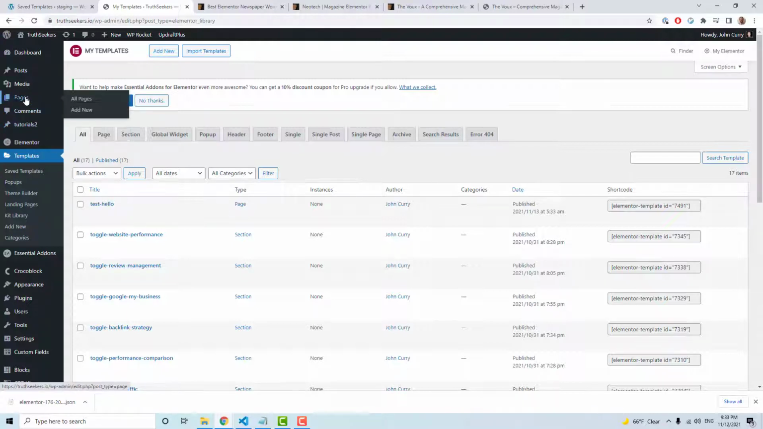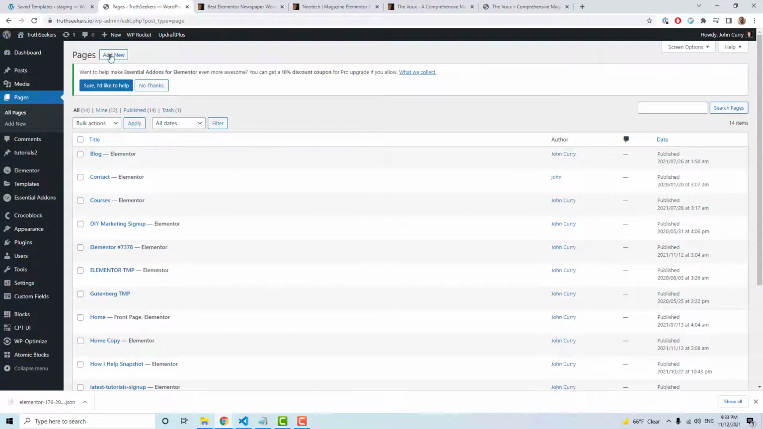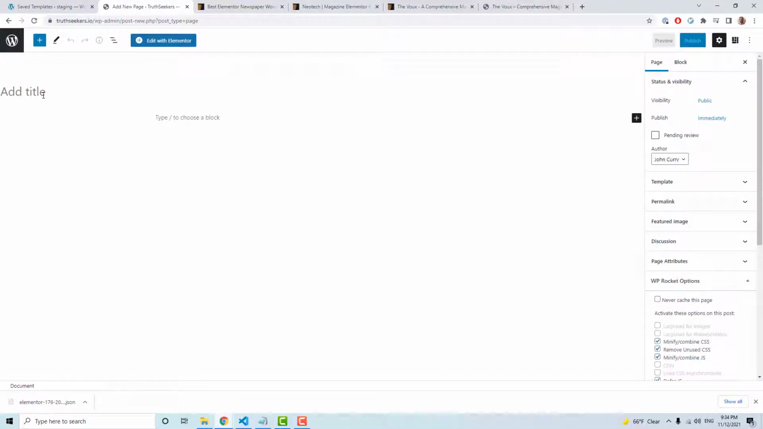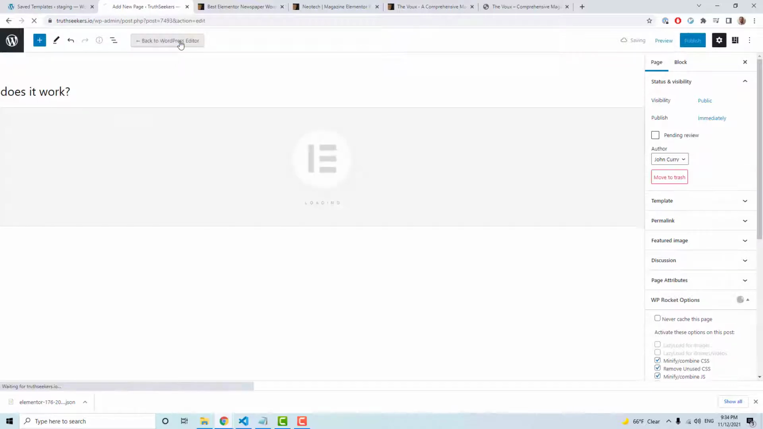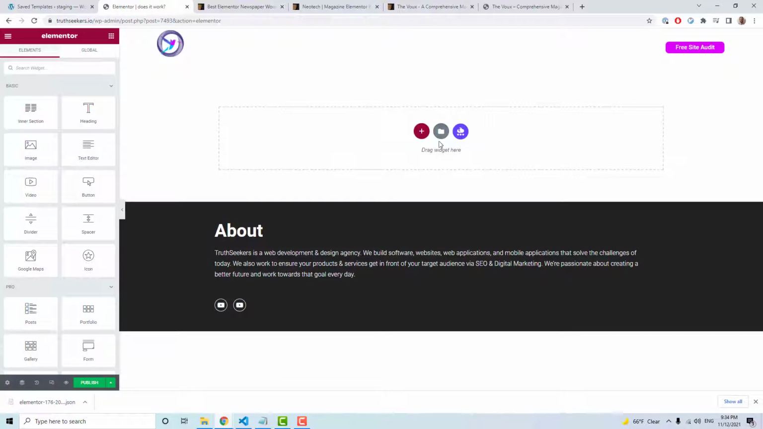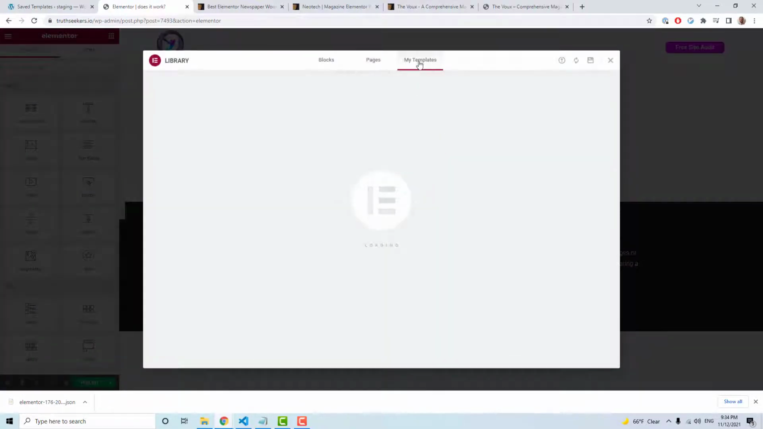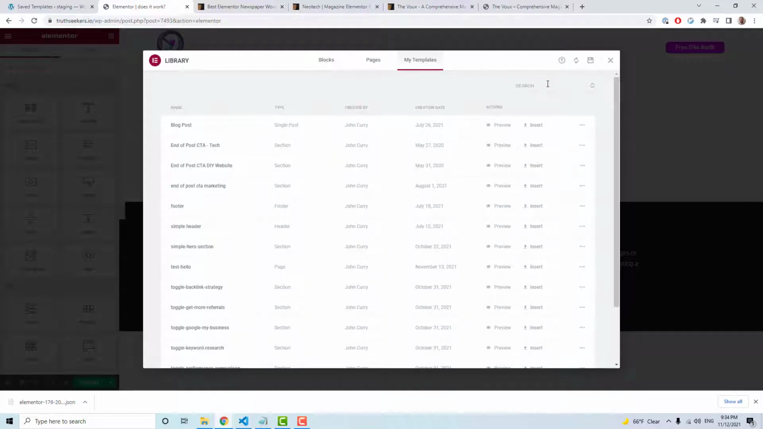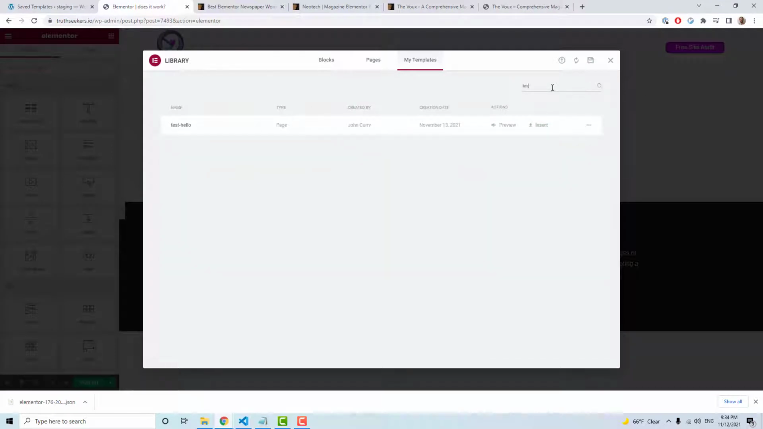So now we can go ahead and create a new page. I'm going to say add new, and I'm going to give it a title of "does it work?" And then I'm going to hit edit with Elementor. And I'm going to click this add template here. Go over to my templates. And then I think I called it, whoa, what happened? Okay, go to the search and type in TEST or whatever it was named, and we see test-hello. We can say insert,